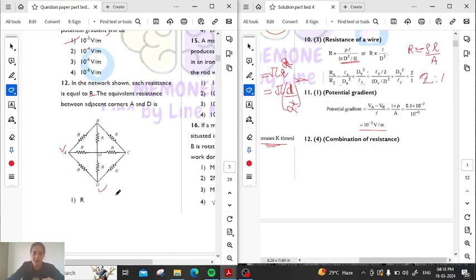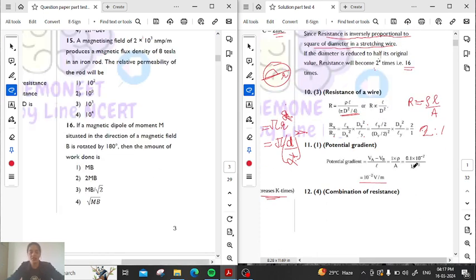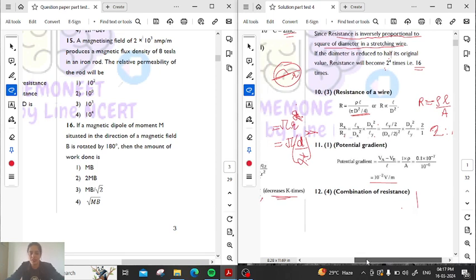इन दो कॉर्नर्स के बीच में, ये दोनों एडजेसेंट कॉर्नर्स हैं, मतलब साथ साथ के पड़ोसी हैं. तो इसके अंदर इक्विवेलेंट रेजिस्टेंस कितना होगा इस A और D के बीच. ठीक है, कॉम्बिनेशन ऑफ रेजिस्टेंस के चैप्टर में से आ गया ये क्वेश्चन. अब कैसे निकालेंगे इसको हम,